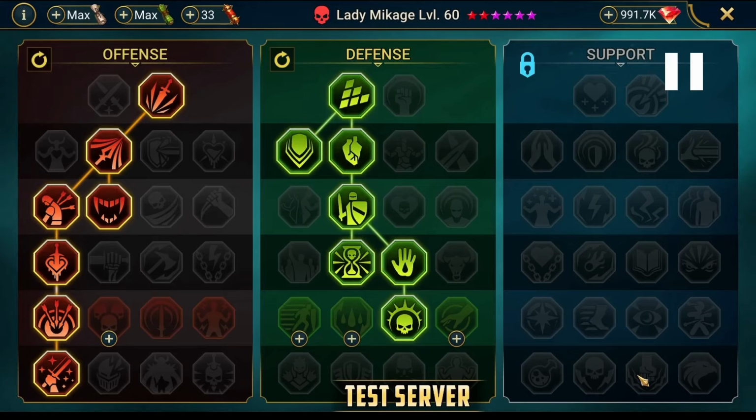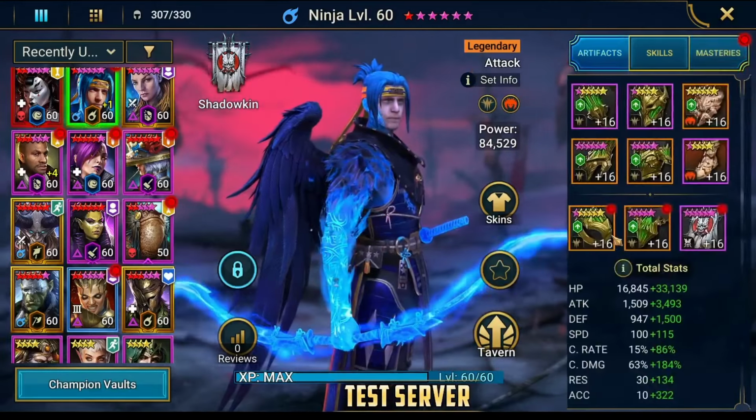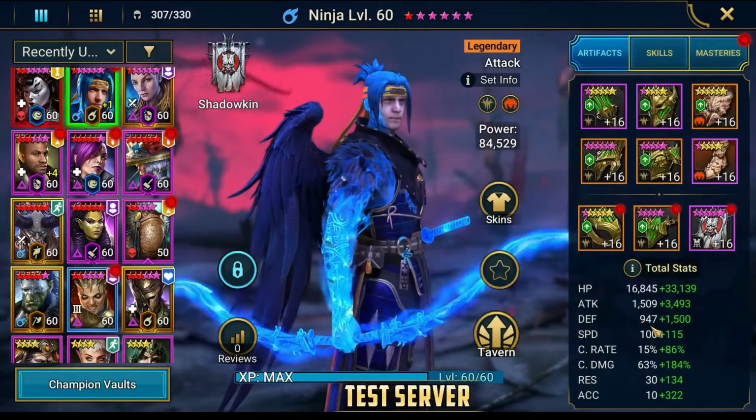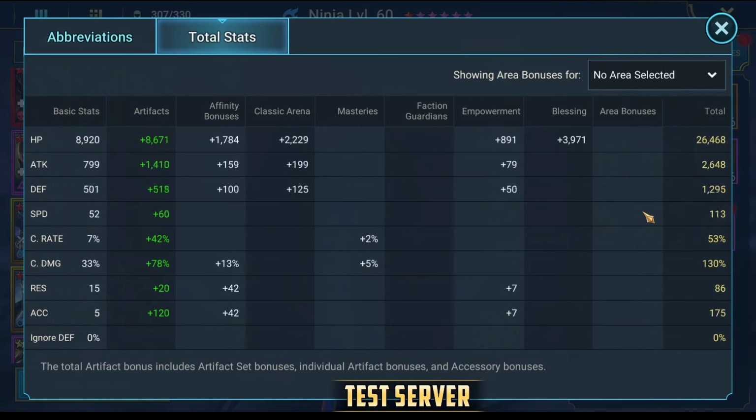Those are the masteries, nothing too special in here, to be honest. She's just doing ally attacks, so that's okay. And we got our boy Ninja. He is in Merciless and Cruel gear. And also...